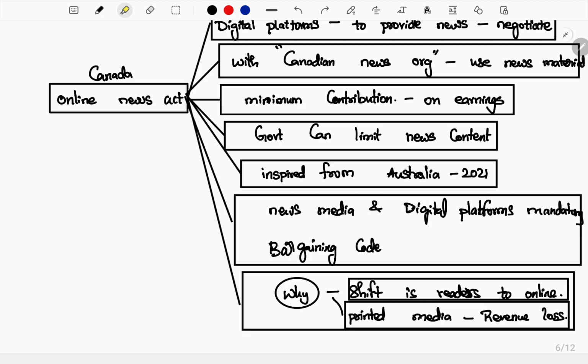And also why this act is necessary, because nowadays readers are shifting to most of the online platforms, and here the print media's only source of revenue is through this so-called news. So if the revenue is lost, this platform will be lost. So that is why we need to put some restrictions on social media so that it can safeguard the print